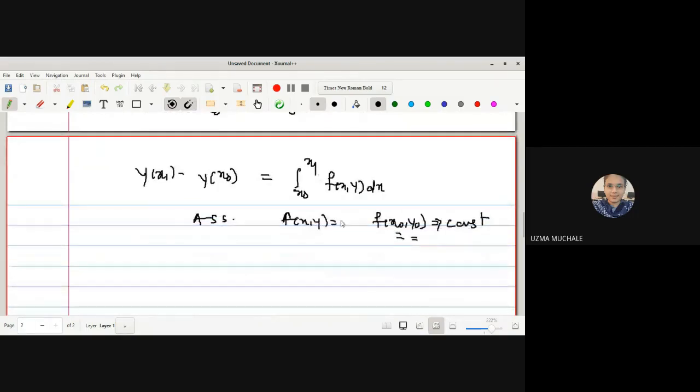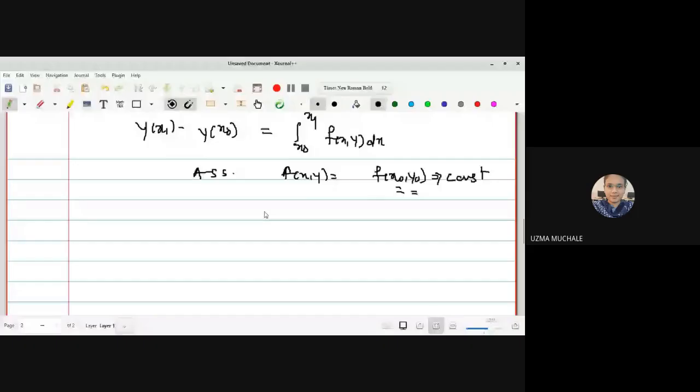Here we have assumed f of x, y is equal to the function f of x naught, y naught, because the value of the function is evaluated at the point x naught, y naught, since x naught and y naught are given to us with the help of the initial condition y of x naught is equal to y naught. We are going to use that. So this will be some constant outside of the integration, f of x naught, y naught, and we remain with the integration from x naught to x1, and here we have y1 minus y naught. Y of x1 is nothing but your y1.